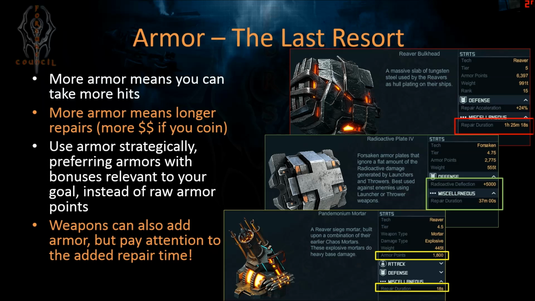And finally, we get down to armor, the last resort. So having a lot of armor in your ship is good and bad at the same time, because more armor means, on one hand, you can take more hits and keep your ship alive. But more armor means also longer repairs, or more money if you coin repairs, right? So you gotta strike a balance. Usually you gotta choose armors based on your strategy. If you know you're gonna be, let's say, going up against Scourge targets, which deal ballistic and radioactive damage,